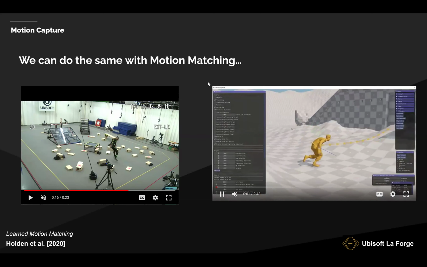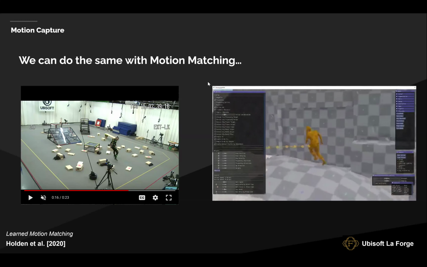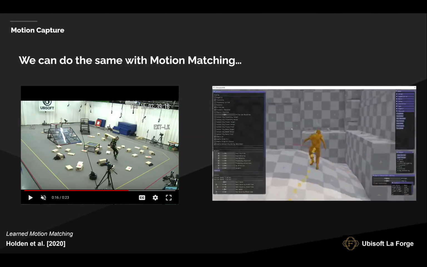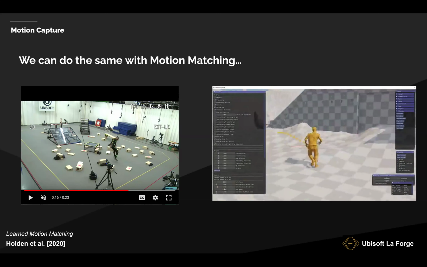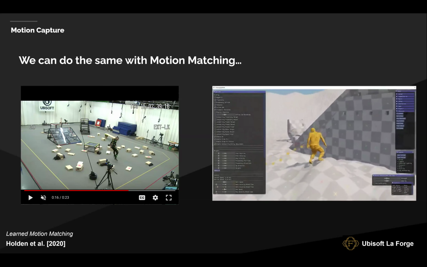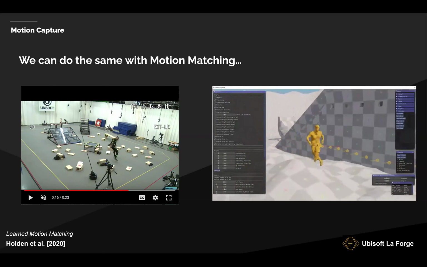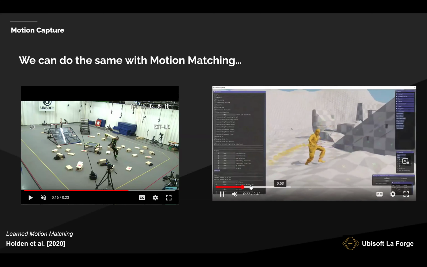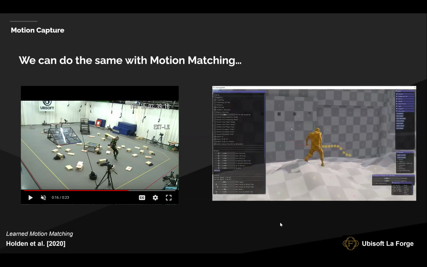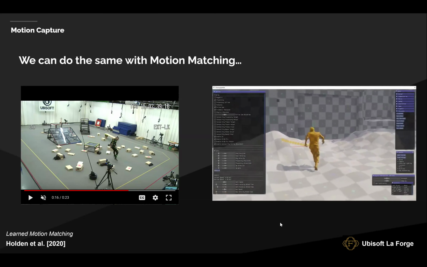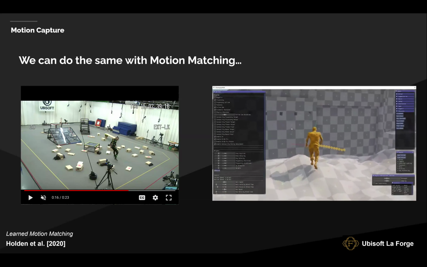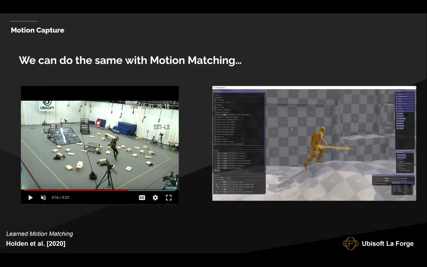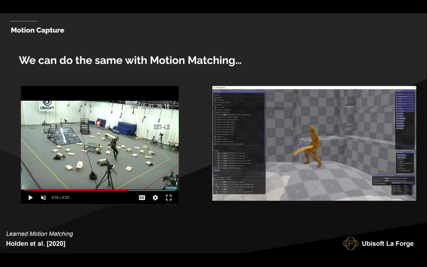And here's what happens when you use this data with a motion matching system. You can see we get all the same nuances and details here. Really the key here is not necessarily the machine learning part, but the idea of having a system driven by lots of unstructured motion capture data. You can see here all these nice little movements and nuances. I would really challenge anyone to try and build a system that can do this sort of thing with a state machine or blend tree.